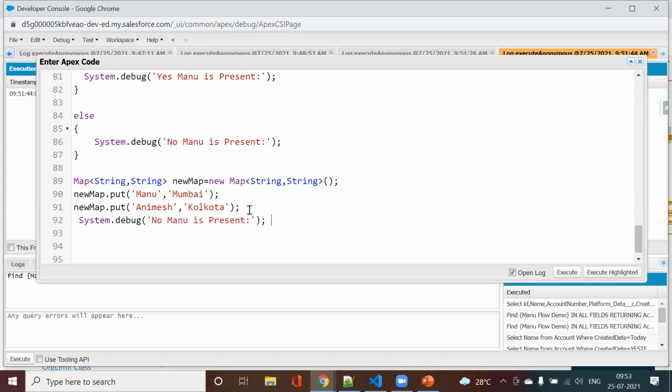Mainly your Salesforce coding happens on these three things only. Mostly it works on your sets and your map part only, or list. That's why I'm putting in a little bit of extra effort on these things, because then this basis should be clear, and then it's easier to grasp other things.